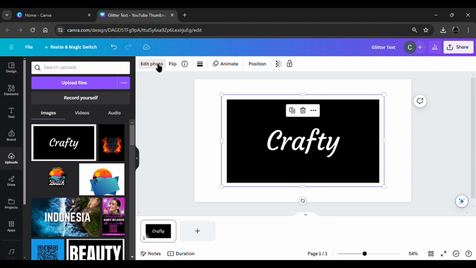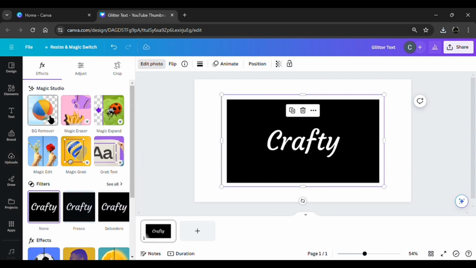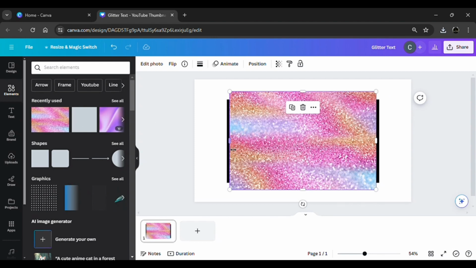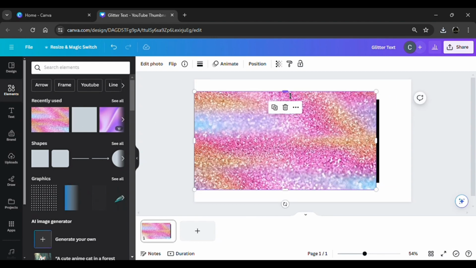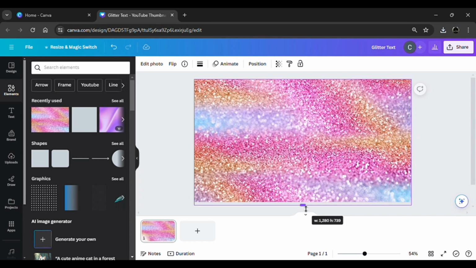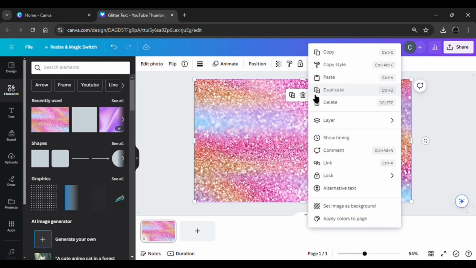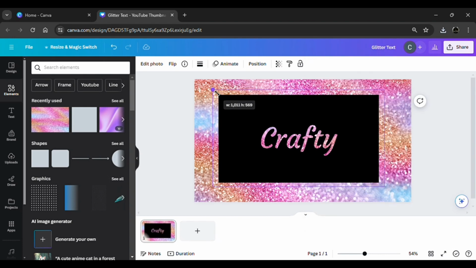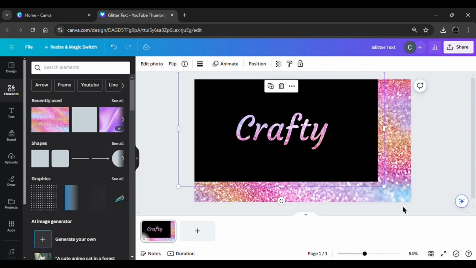Now we're going to go to edit photos, background remover, now we're going to go to elements, select the glitter background, adjust the size, send to back, adjust the size of this one,